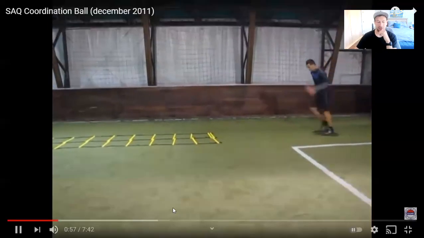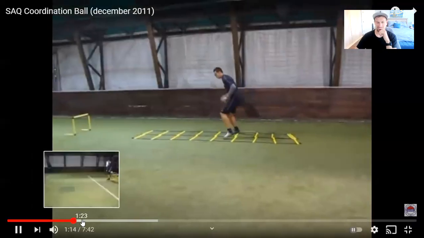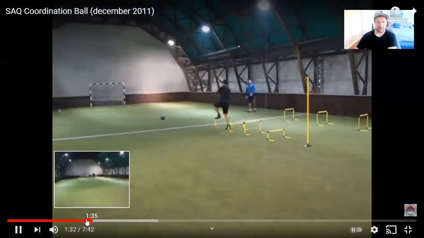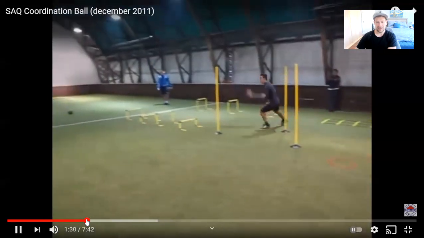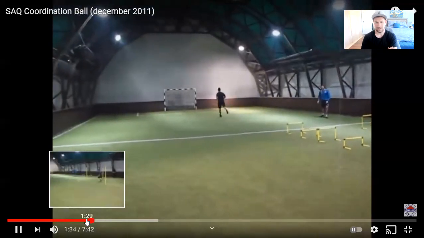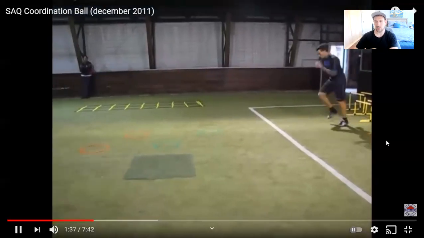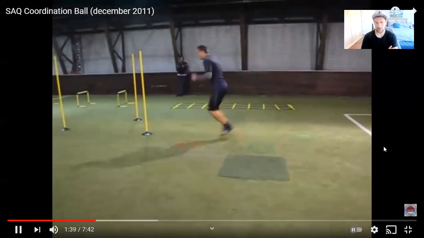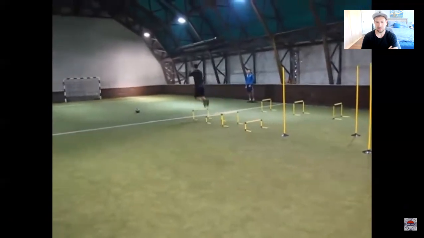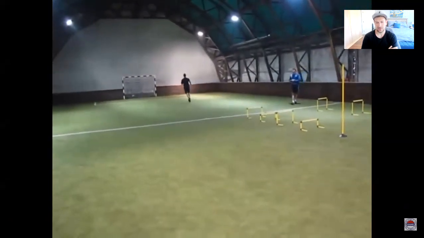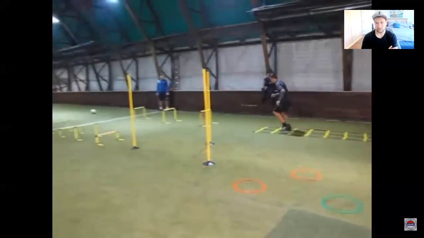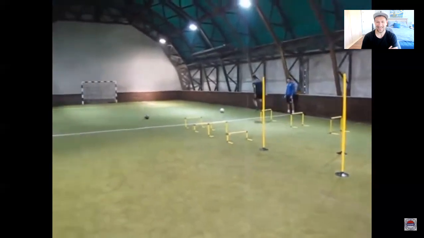All right, so I'm going to skip forward just a little bit, and we're going to watch this evolve. He gets a little lateral movement in there. And then eventually he gets into a second circuit here. So he's going to learn the new circuit, jumping into the rings, going through the slalom, big jumps, little jumps. And then he's going to put them together once he learns it. Good God, that's so fast.